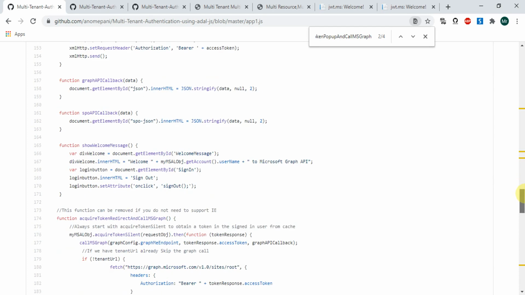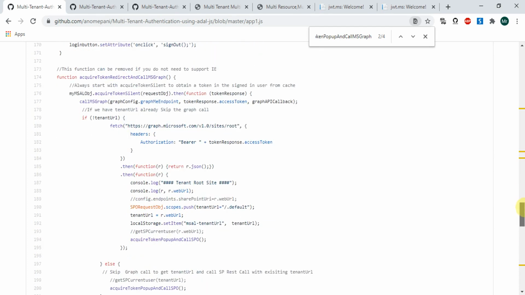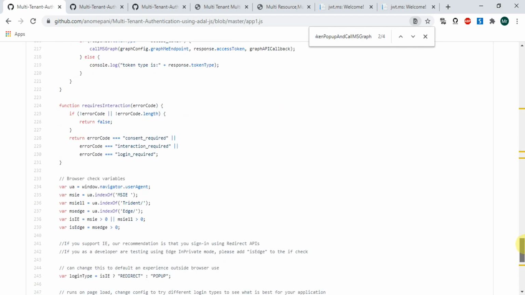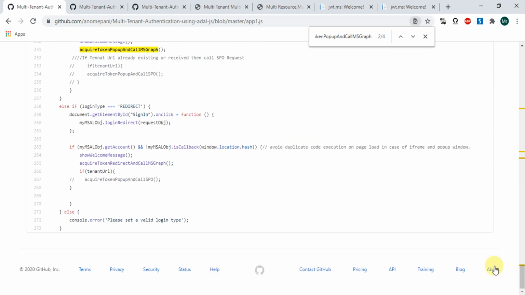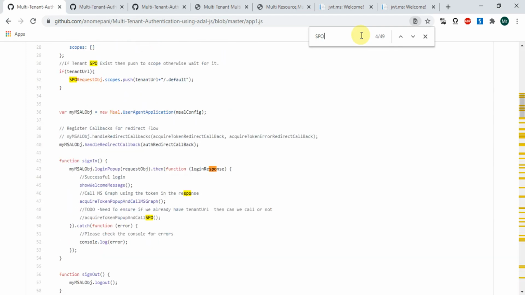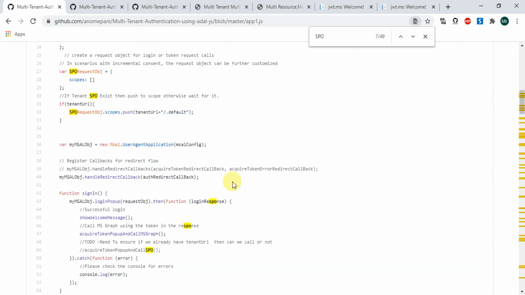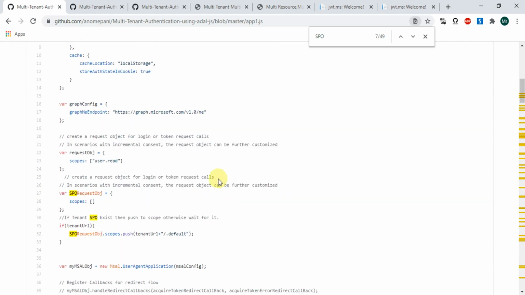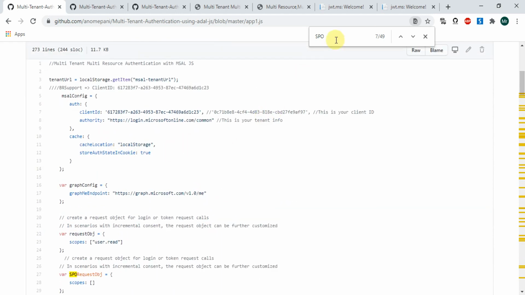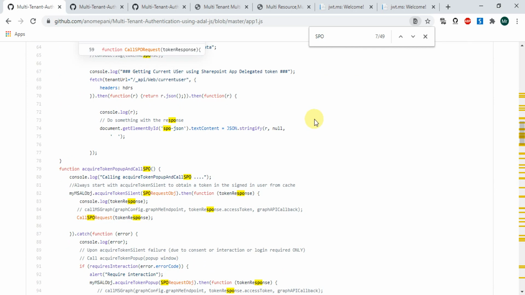So if we take a look at MSAL, SPO. Not this one, we will require acquire token for SPO tenant URL.